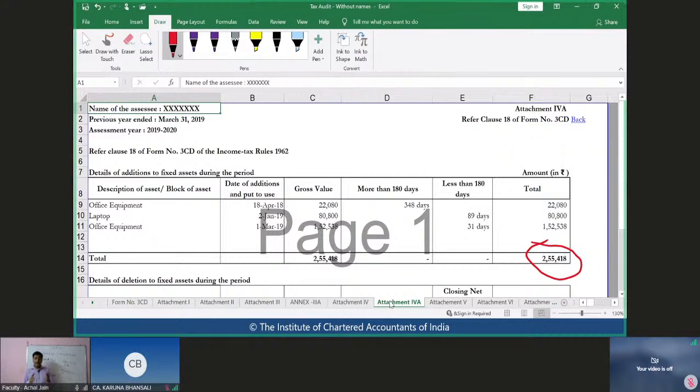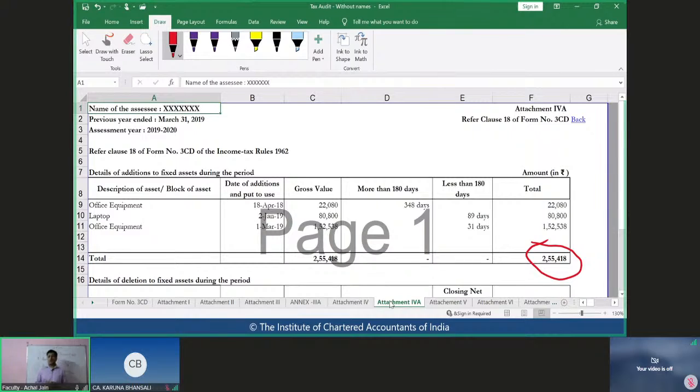And one may raise a question, that testing of additions would have already been performed by the statutory auditor, wherein he might not have checked each and every addition, but still he would have selected samples. And if you look at the sampling procedure, it is representative of the population, through which the statutory auditor was fine. So what is the need to duplicate this?